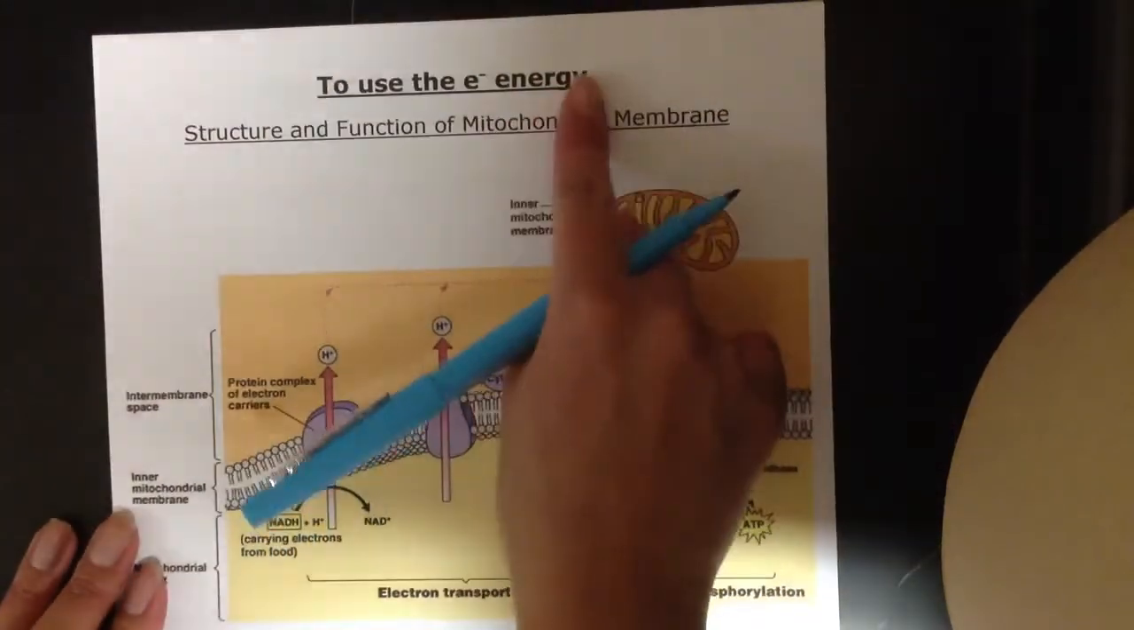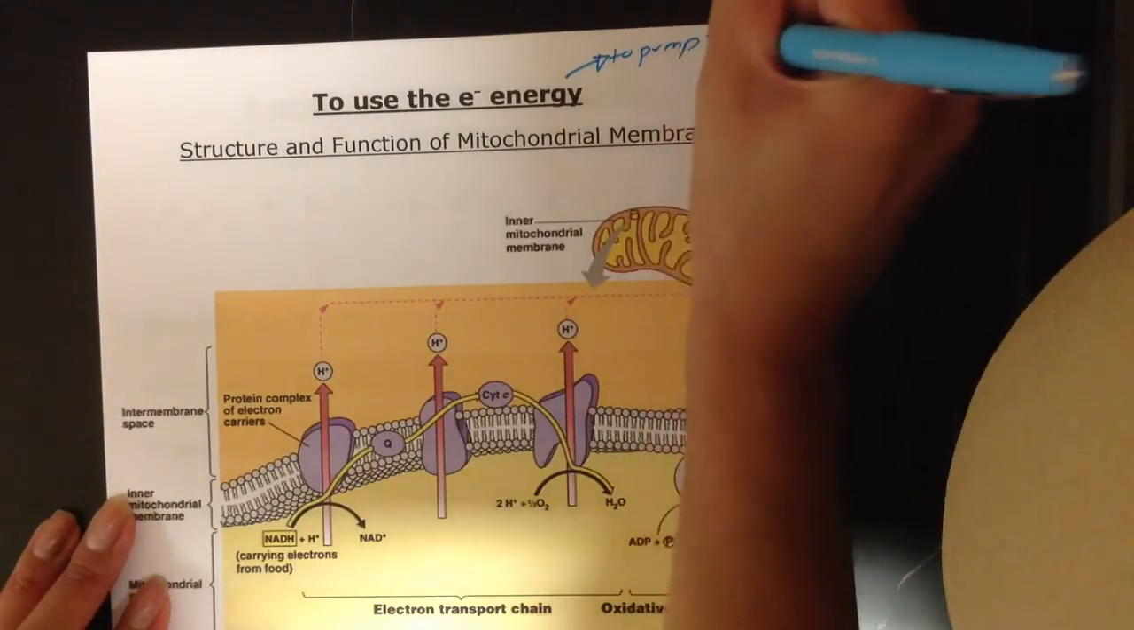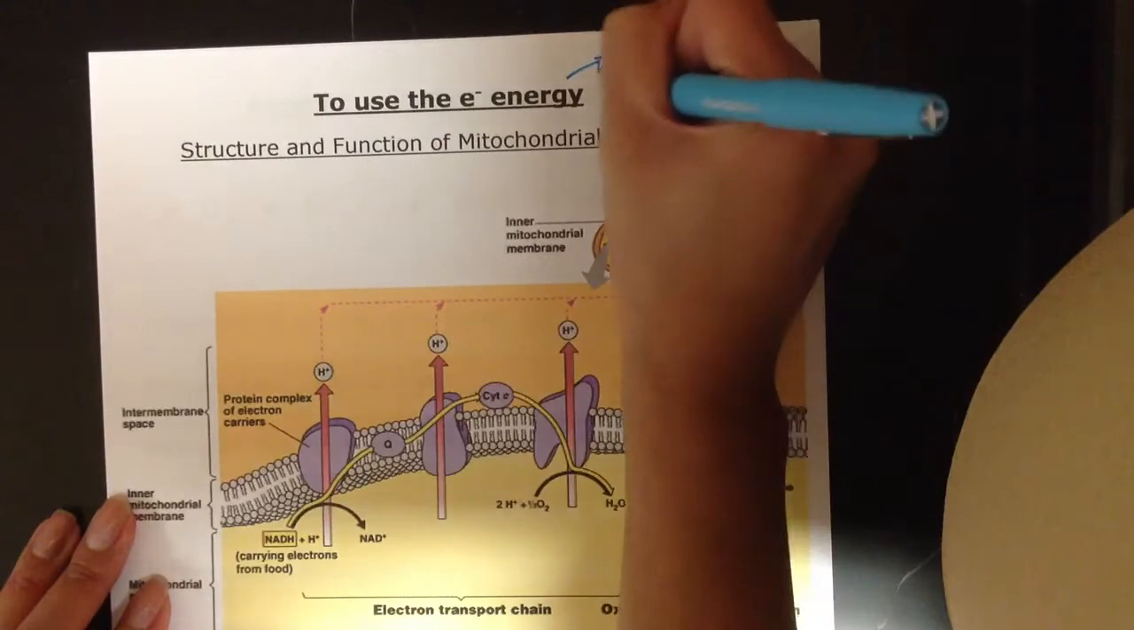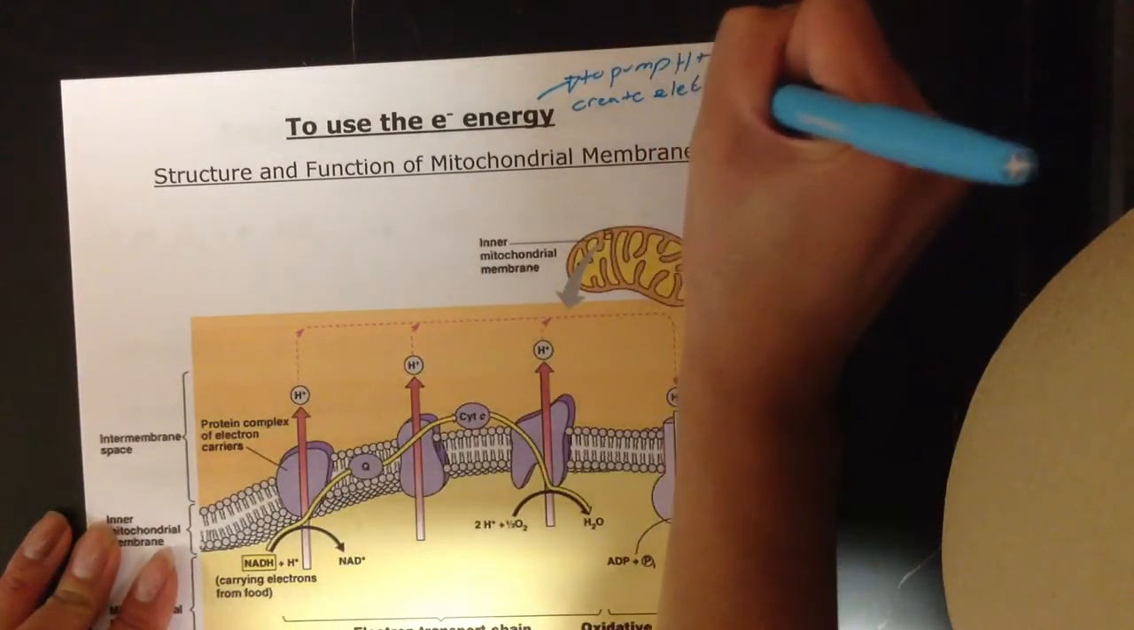Again, we're going to use these electrons to actually pump hydrogen ions to create a gradient that is known as an electrochemical